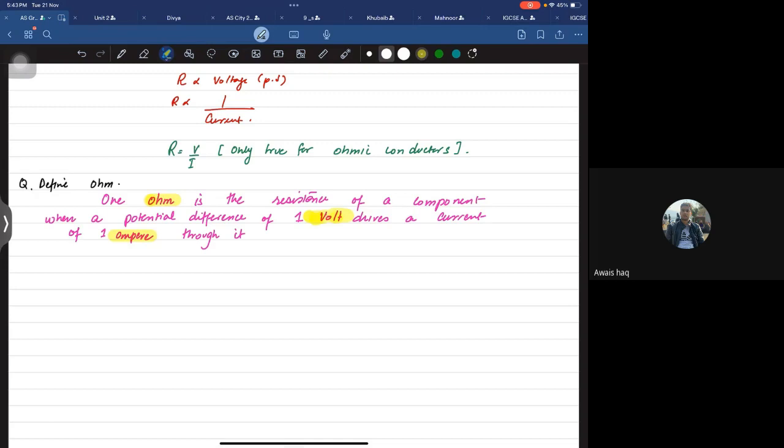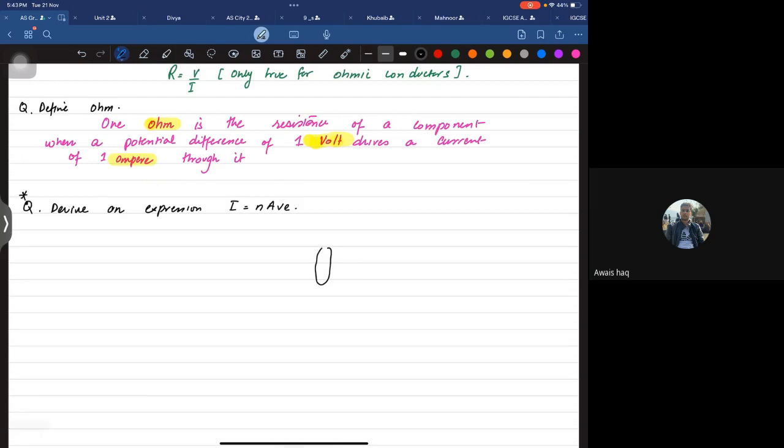Then we have a very popular thing, which is a derivation of the origin of current. This is very, very important. They're going to say derive an expression I equals nAve. Before we do anything,